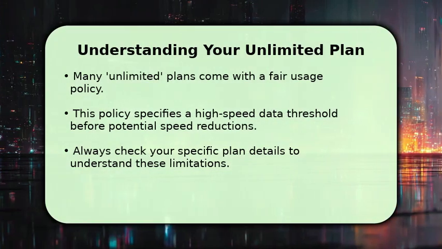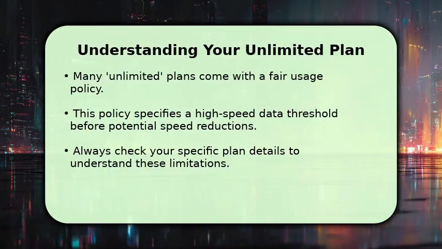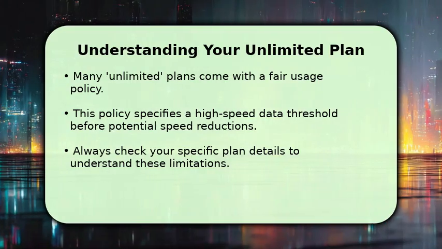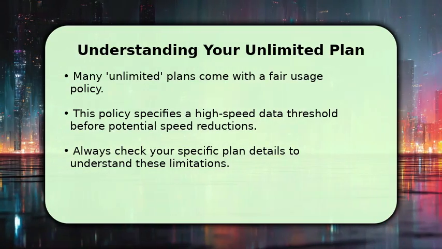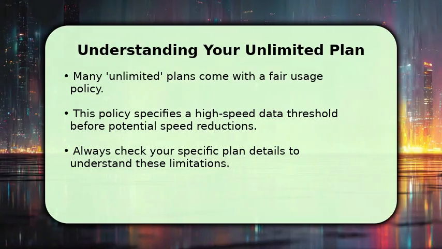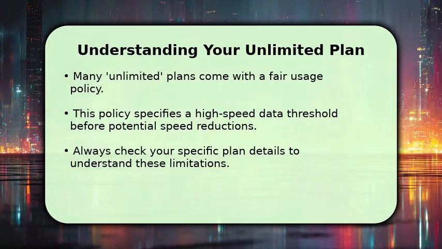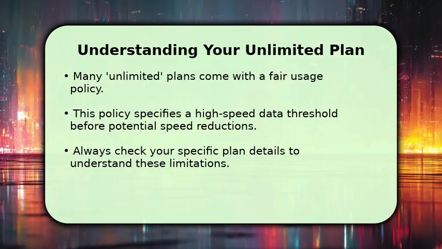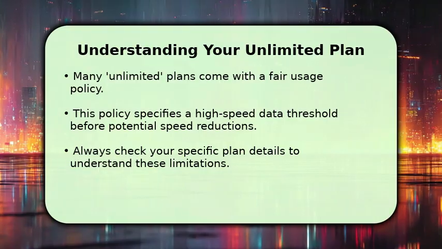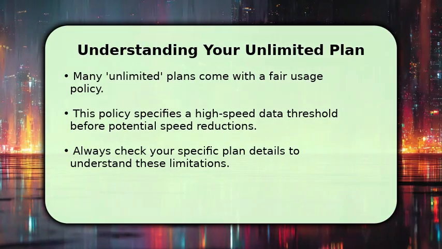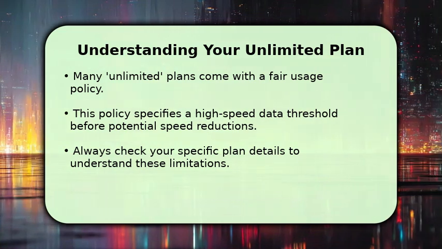Many unlimited plans come with a fair usage policy, which specifies a threshold before potential speed reductions. Typically, this can be around 30 to 50 gigabytes of high-speed data per billing cycle. After reaching this limit, your speeds might slow down to 256 kilobits per second, which is still suitable for basic browsing or messaging. Always check your specific plan details to avoid any surprises, ensuring a consistently smooth experience throughout the